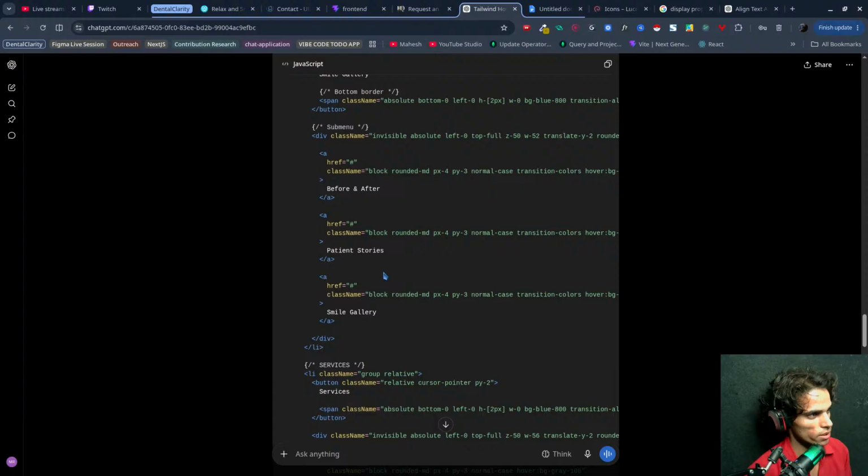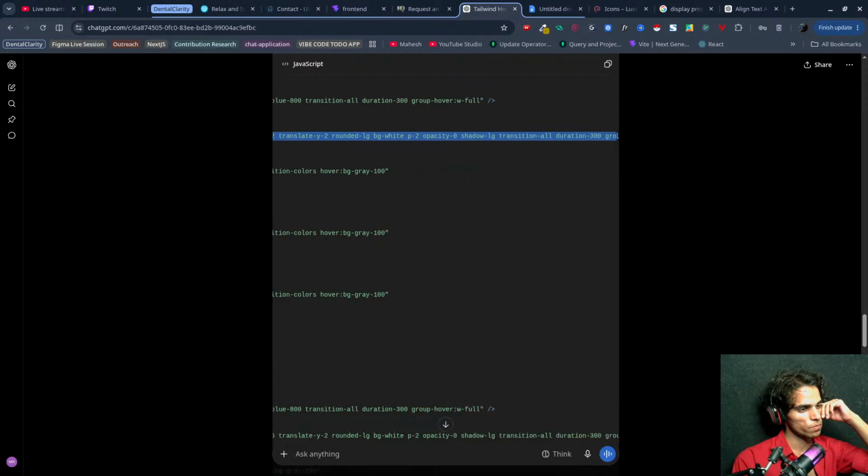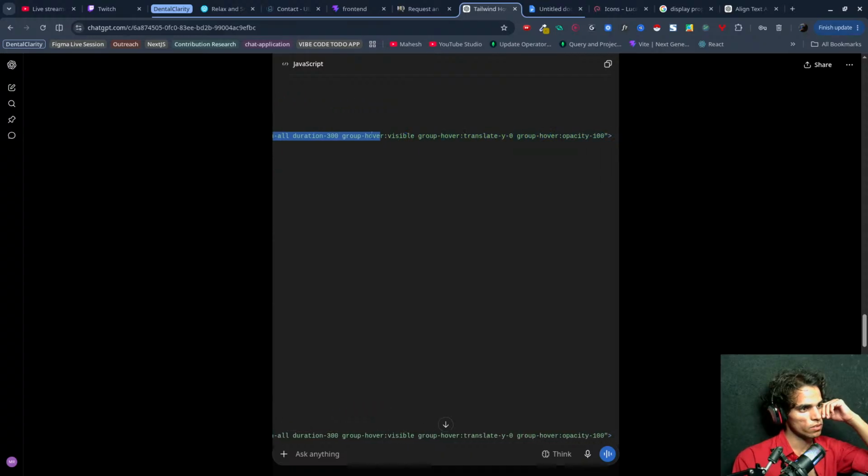Now what we want here, div, this is invisible, absolute, left 0. Okay, and top full, z. Okay, we'll fill with this. Translate y, rounded, and bg white. Then group hover visible, translate y, update.